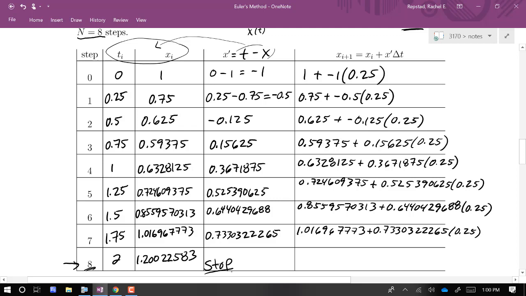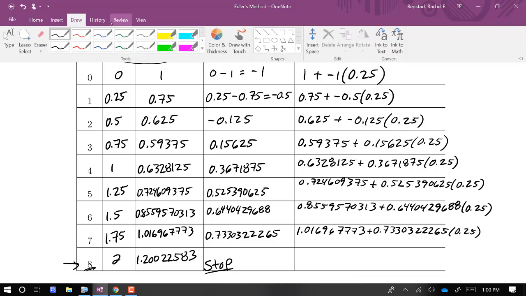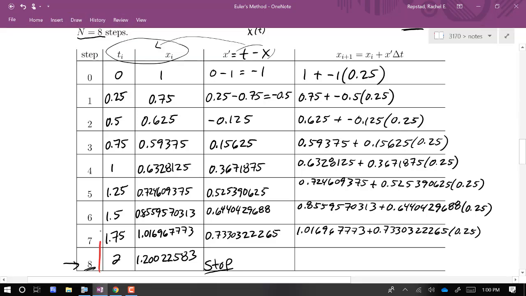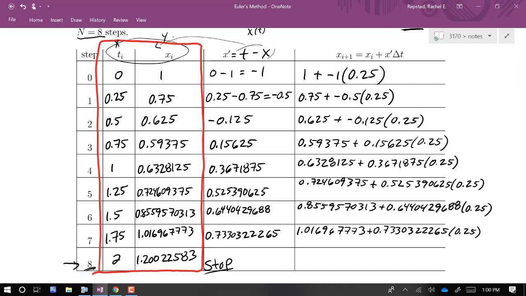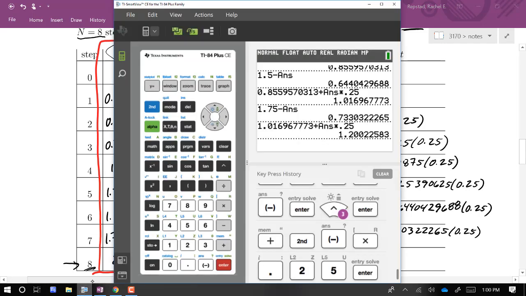Okay, so now this set of values, these two columns here, we could think of them as a set of coordinates. What I'm going to do is plot them. I'll throw them in the calculator. Of course, I'm going to have to think of the t values as x and the x values as y, because the calculator likes x and y and not t and x. But you know, the t's are our input values, the x's are these outputs. So what I'm going to do to put them in my calculator to see what I've found is,